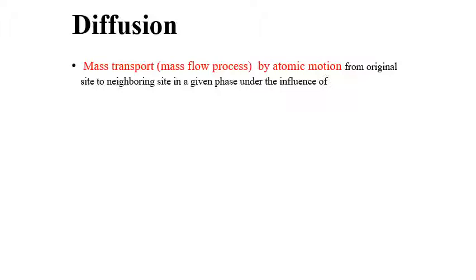If not, what can happen: if the foreign atom is of a smaller atomic radius and occupies the space between the atoms, that is the interstitial position, then it can easily migrate from one interstitial position to another. So what are all these? Vacancy diffusion, substitutional diffusion, and interstitial diffusion, we'll see one by one. But to have all these diffusions, there should be a concentration gradient, or enough energy available for occurrence.